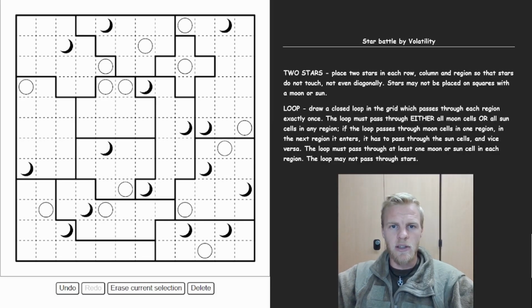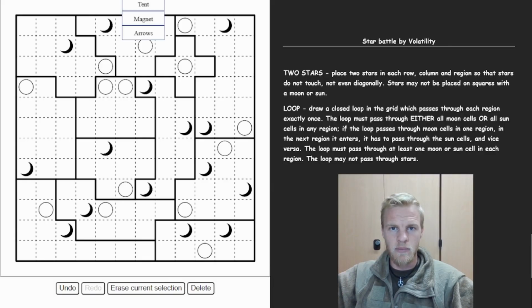So today we're using a different website, so the controls are made visible from time to time. And we have various regions. Like this region only has suns, so after this region there needs to be a moon region. For example, this region only has one sun,